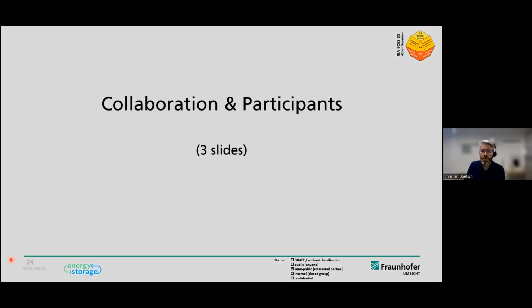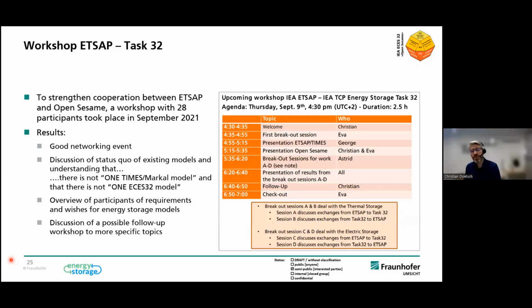So let's have a look at the collaboration and participants. There are three slides at the moment. We have a good cooperation with the ETSAP group from the IEA. This is good. There we also have a common workshop to get more understanding of what is going on in this ETSAP group and to learn more about